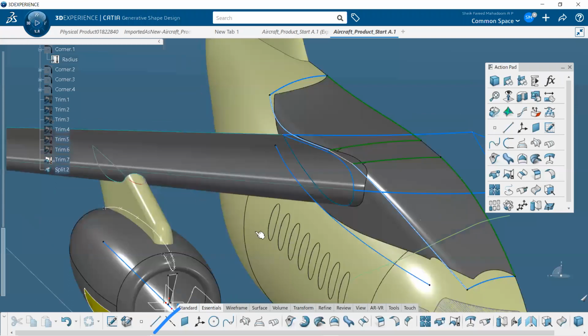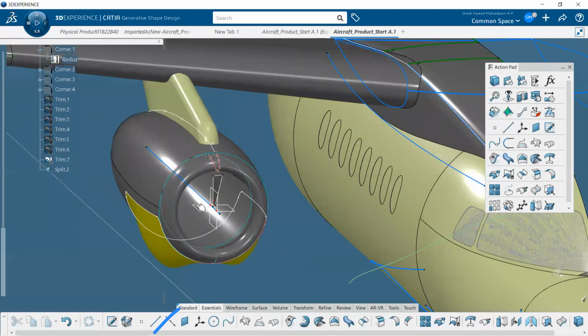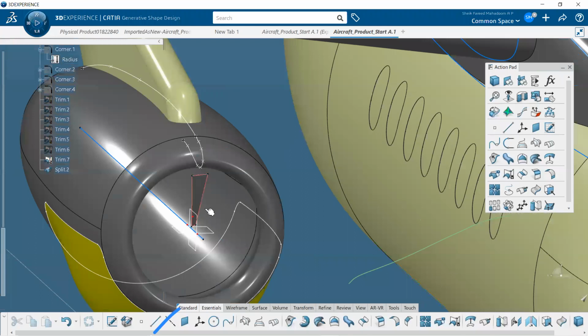Okay, here you have one propeller, and I need one side of the blade here. First it was hidden. You can do it once again.